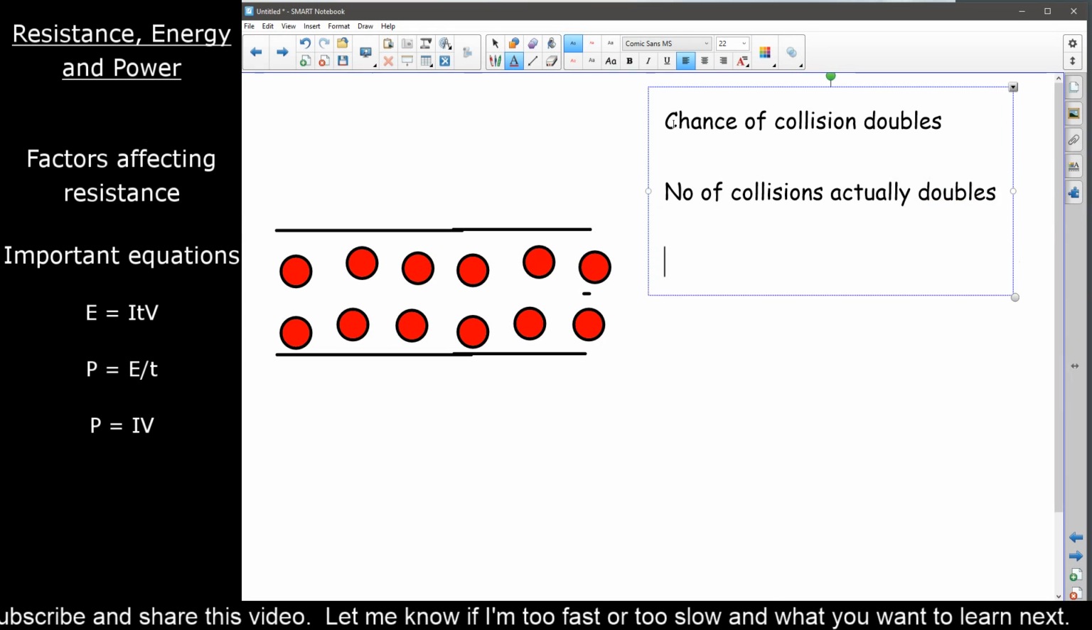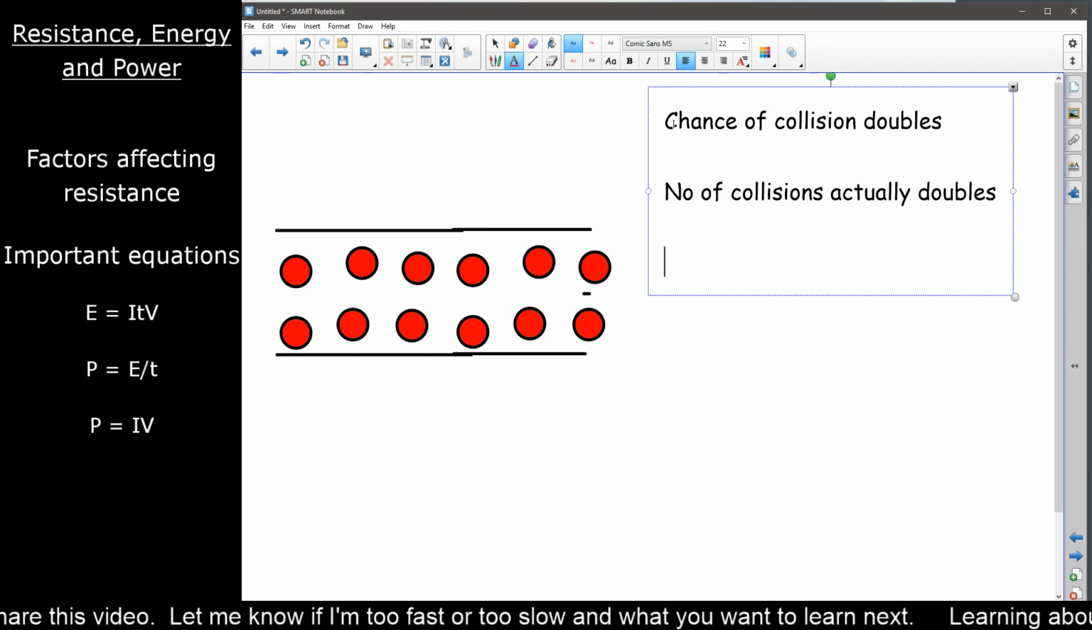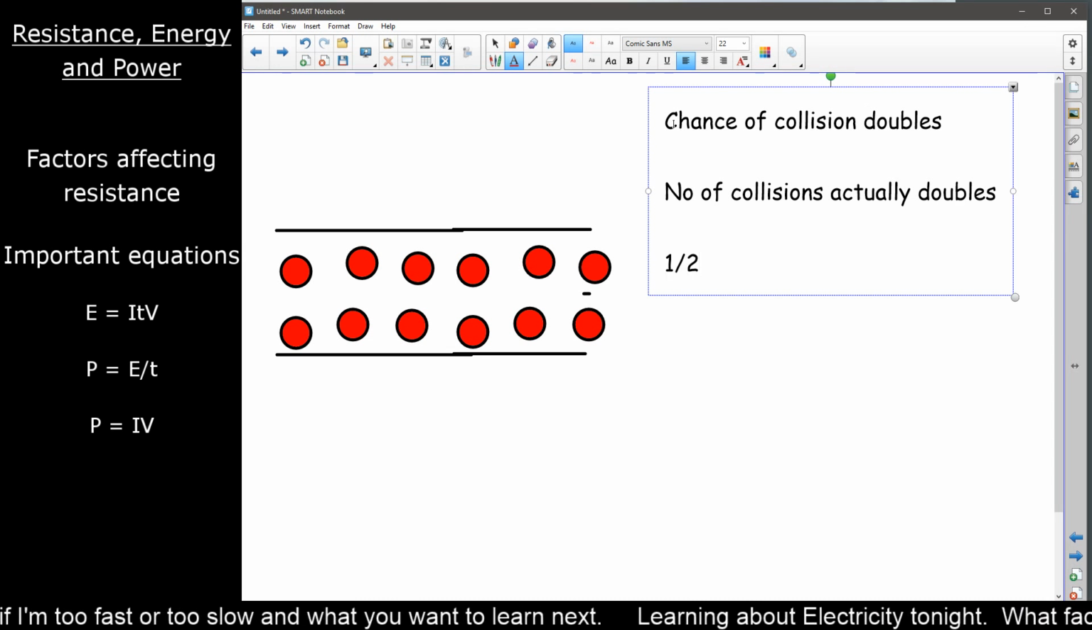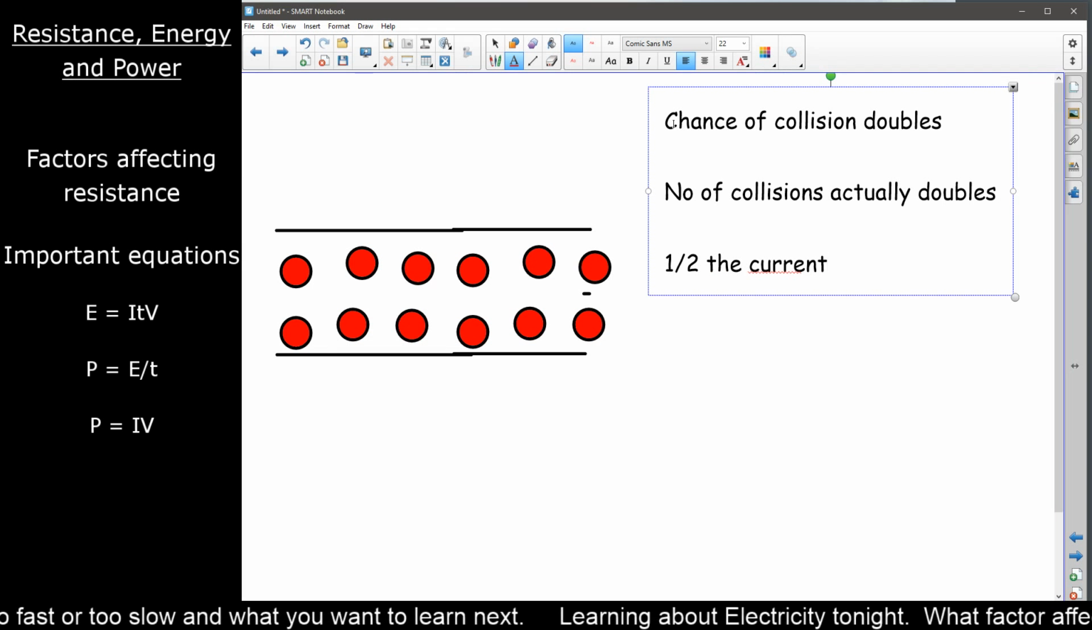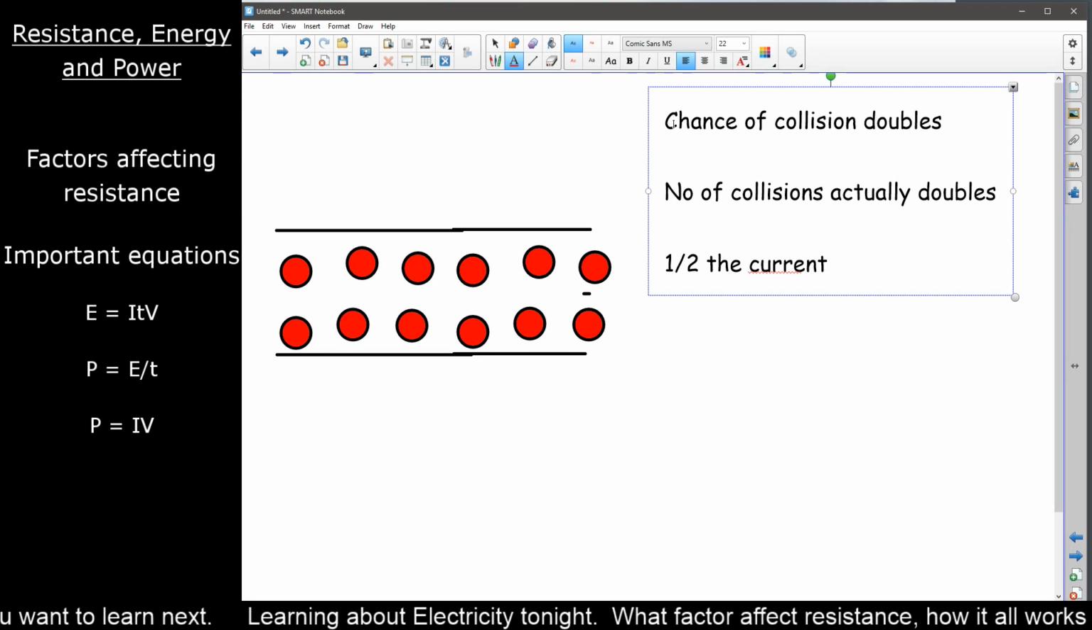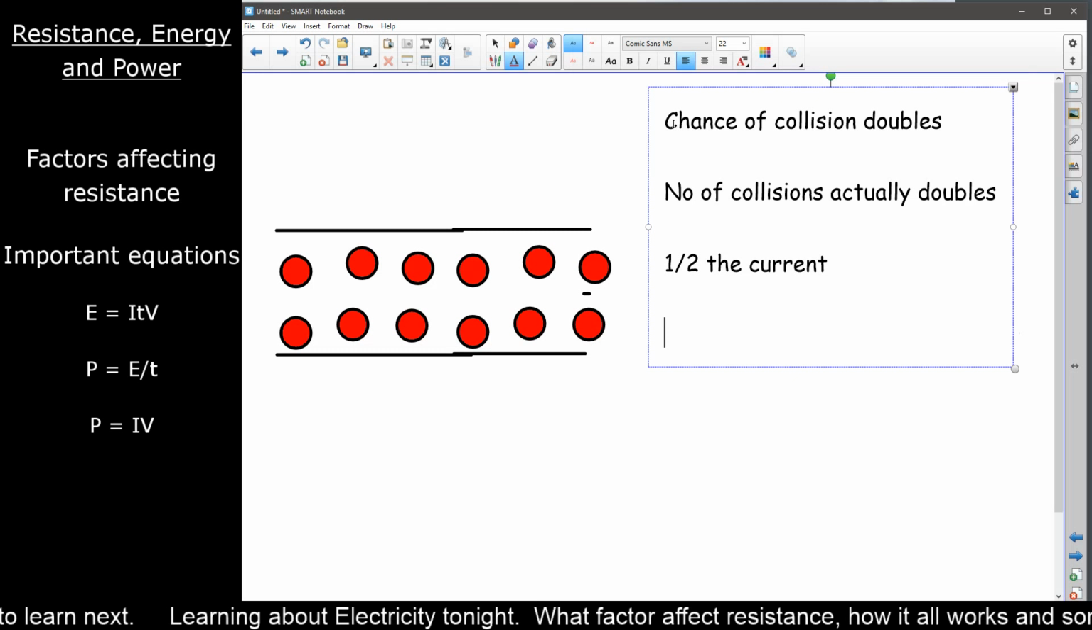Okay, it's not just a chance. When you're dealing with this many electrons, when the chance doubles, it does double. Okay, happy with that? So we now get double the number of collisions. That means we're going to get half the current. Okay, because we're now getting half as many electrons down through this as we did before, because we had twice as many collisions occurring. And because we've got half the current,